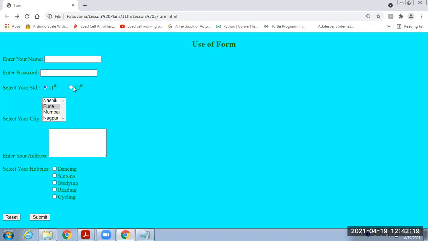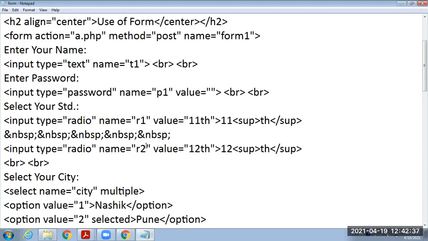Now we used separate names for both the radio buttons. It will select both the 11th and 12th options. But that is not the purpose of a radio button. A radio button will select only one option. And for that, we have to provide the same name for the radio buttons.